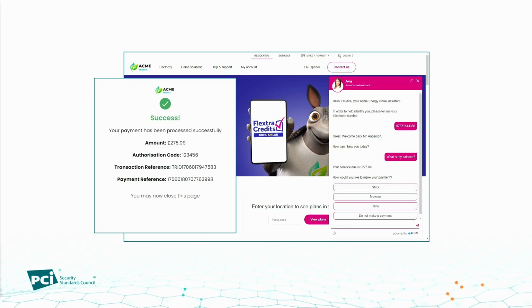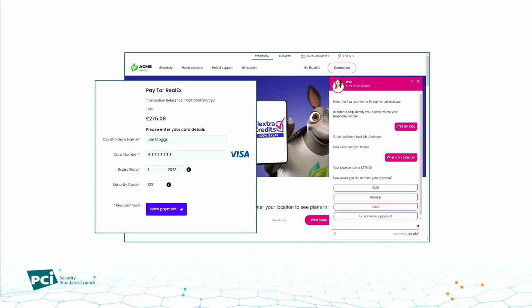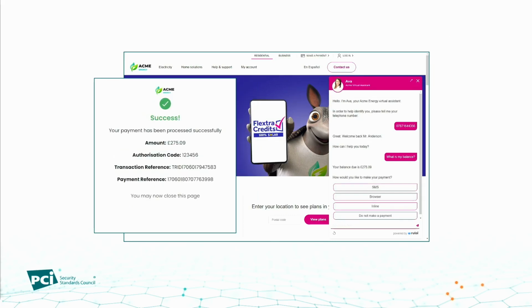So when the consumer started to put in their details, if I just go back one, there we go. When they started to put their card details in, when they put their PAN in, the API would have let the chatbot know they're now entering some details. And eventually, the API will let the chatbot know they've now performed a transaction and it was successful, and here's all the transaction data. So we're letting the chatbot know what's happening without exposing any sensitive data to the chatbot.